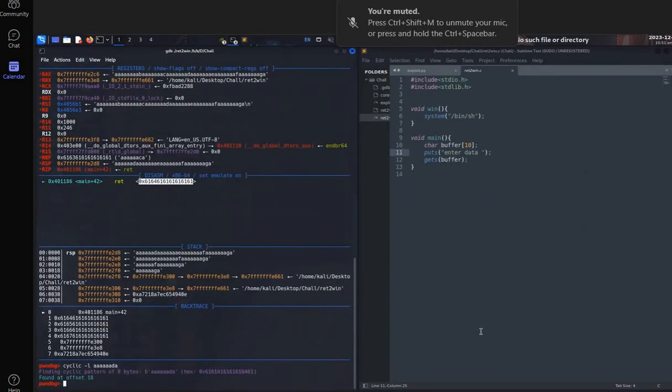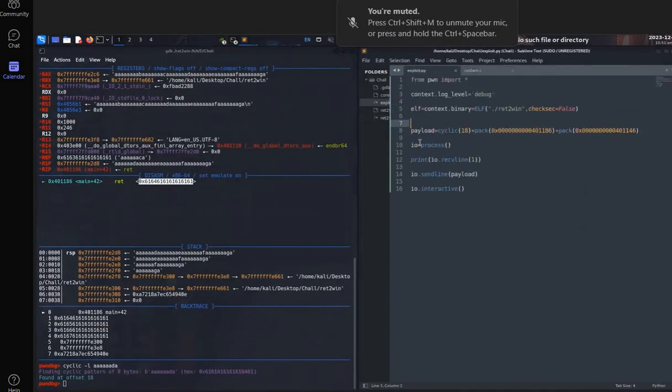Okay, so let us try to do it using pwndbg tools. If you all can see, I've created this particular file. I've explained till here. So in the payload section, we have got the offset, right? The offset is 18. So we send a cyclic